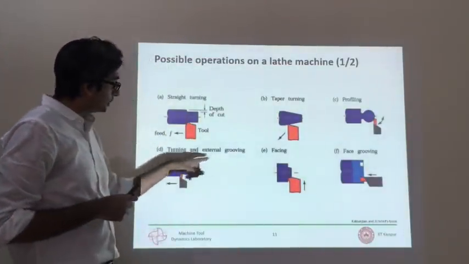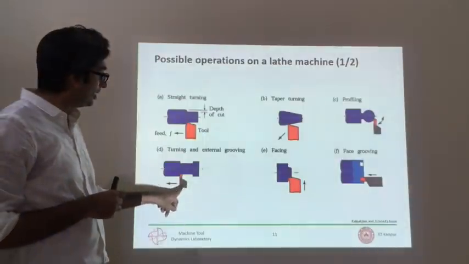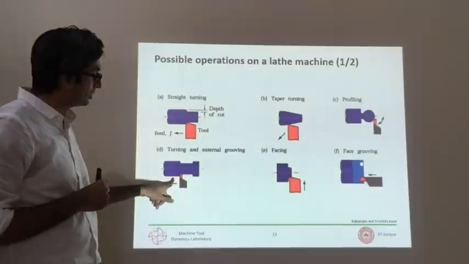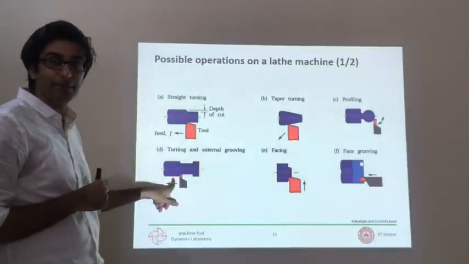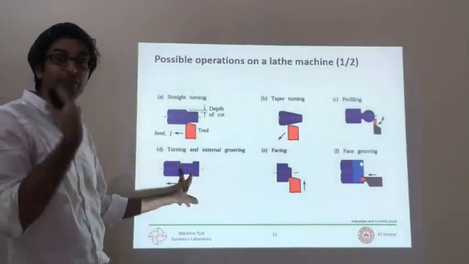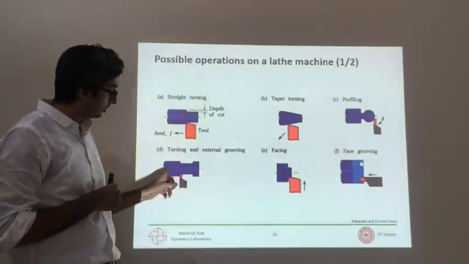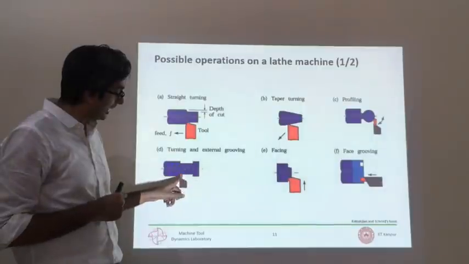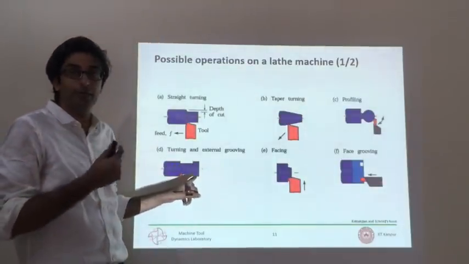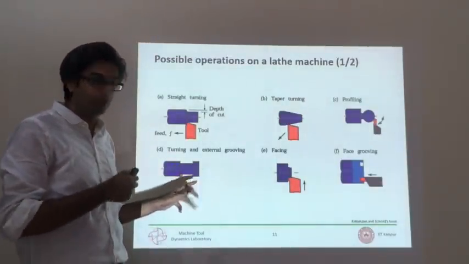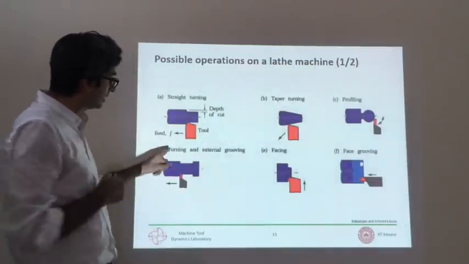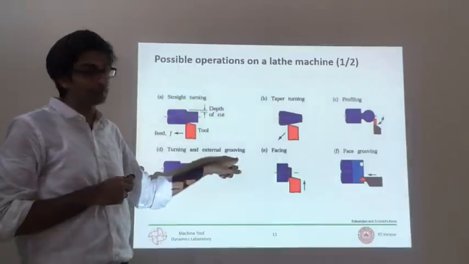The other thing that is possible is grooving. So grooving is where you have a step change in the diameter between two sections which have a different diameter. So on the left and the right, there are two sections which have a bigger diameter, and locally in the middle you have a smaller diameter. So it's called a groove. This is a very wide groove. So you can make a small groove and then you can enlarge it. So it's turning and grooving.